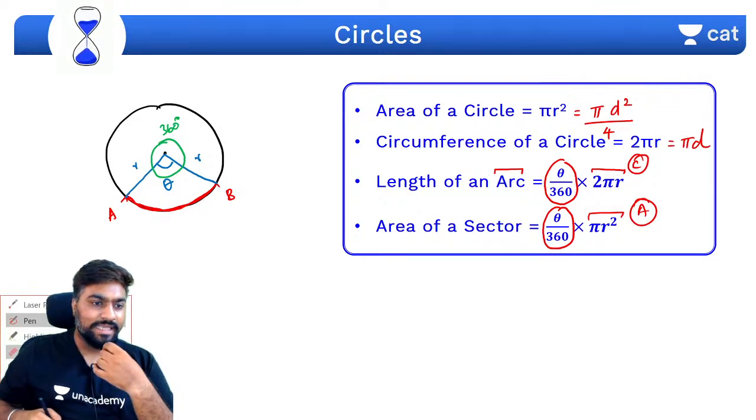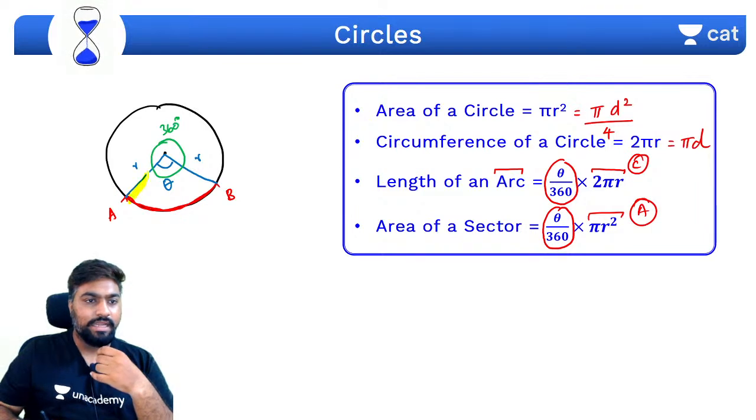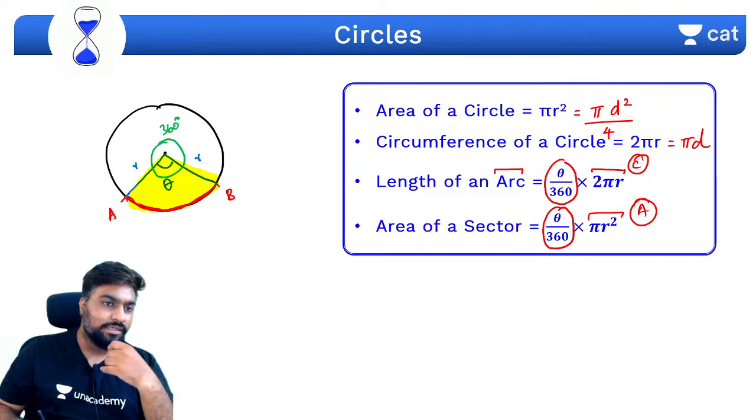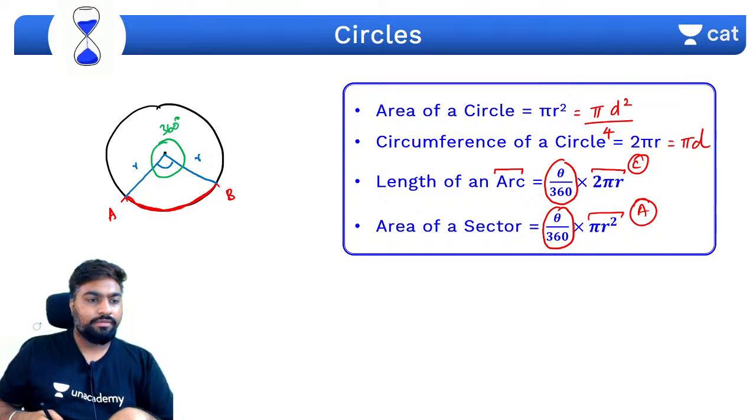Same way, area of a sector: this entire thing is a sector. ये पूरा sector है. इसका area अगर निकालना है तो क्या करोगे? Basically find out area of the entire circle and cut this part out, that is 360 में से theta निकाल रहे हो. So theta by 360 into area of the circle. Got it? कोई डाउट इसमें? Anybody? No doubts, right?